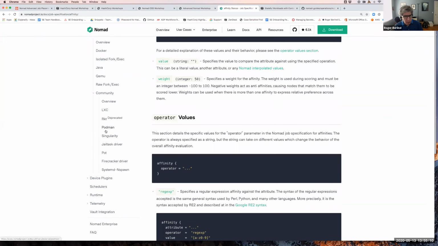Podman, which I think is Red Hat's standard now for doing containers. Singularity, jail tasks, right? A number of different things. And we're adding some support in the near future for something that will allow you to do, effectively, I think it's a remote task driver, and we have one customer doing that already. Essentially being able to do something like, instead of running the job on one of the Nomad clients itself,